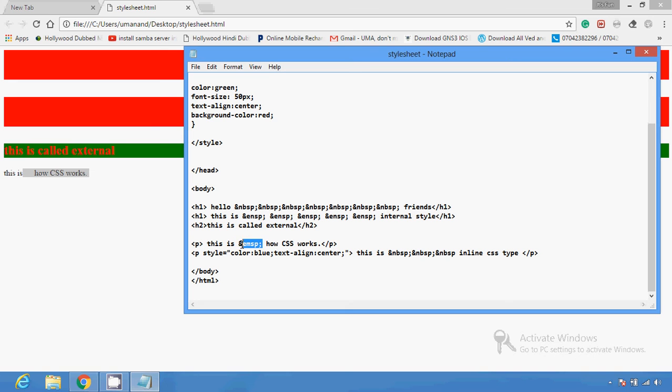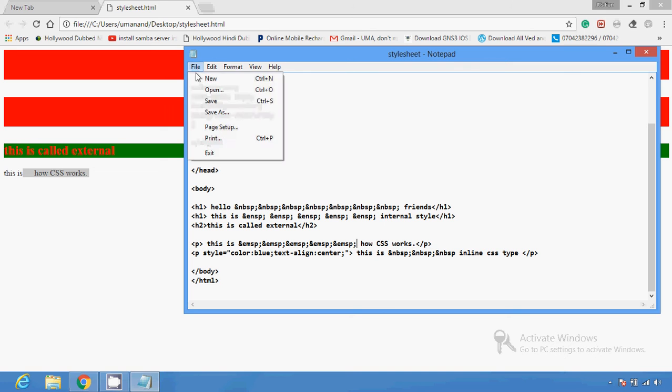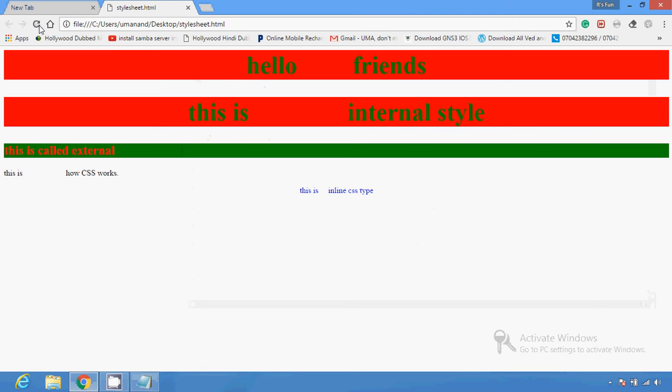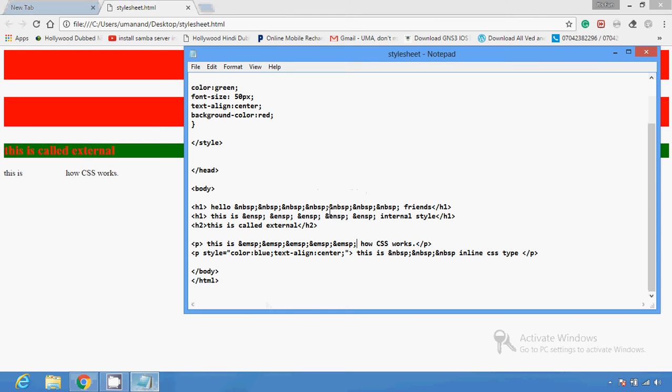If I paste again and again, then you can see it here. So &nbsp; provides only one white space. If you want to insert space in any table, table header, or division tag, then you can use this single space provider. &ensp; provides two white spaces, and &emsp; provides 4 white spaces. So you can use it,